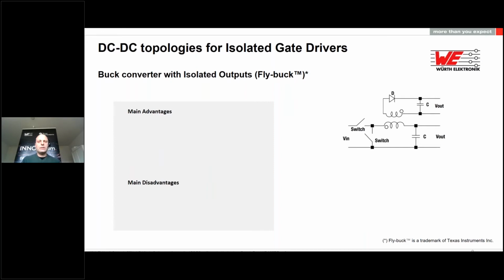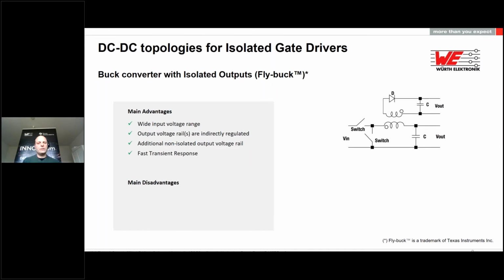The buck converter with isolated output takes advantage of a very simple buck topology, and just by adding another winding with a set of output rectification diodes and capacitors, we can create an isolated and regulated output. The main advantage is the wide input voltage range. The isolated output is indirectly regulated and follows the non-isolated buck voltage tightly. Additionally, the non-isolated output voltage actually comes for free.